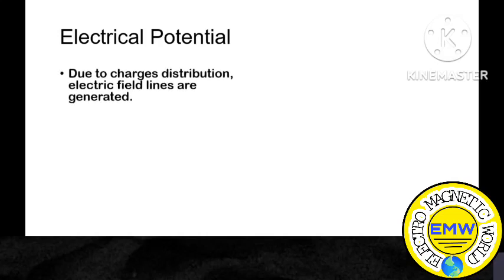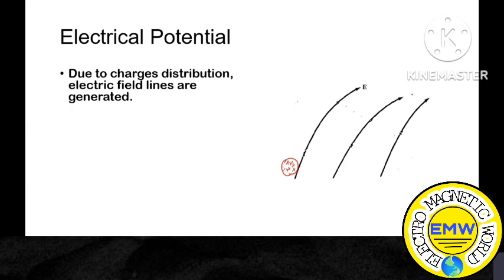Due to the charge distribution, the electrical field lines are created like this. Suppose we have a charge distribution here, with a number of charges. Due to this charge distribution, the electrical field lines are created in this way. And if you want to move this charge Q from this point, point A,